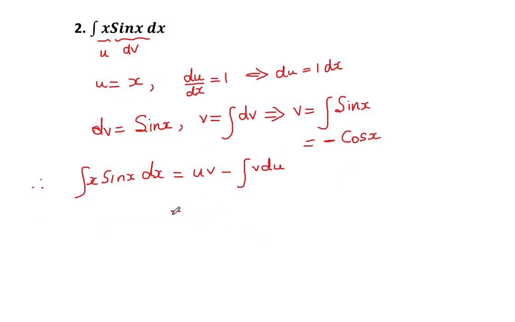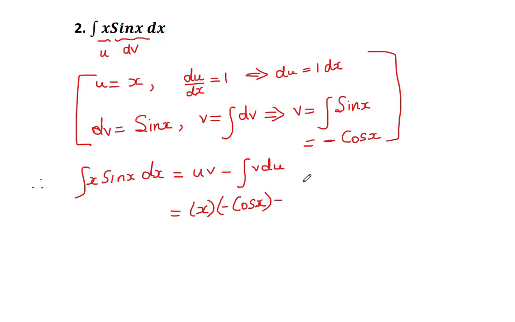So let us now substitute based on the values that we came up with here. So u is x, based on the assignment that was done at the beginning of the problem. V was found to be negative cosine x,